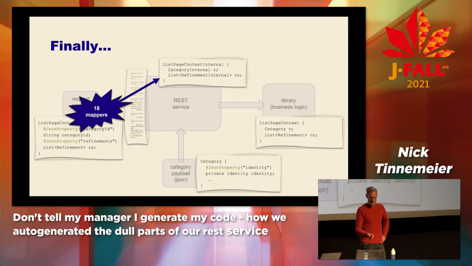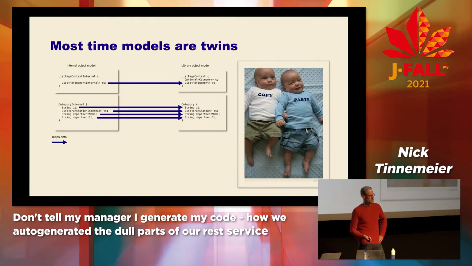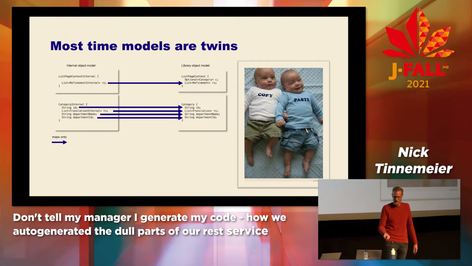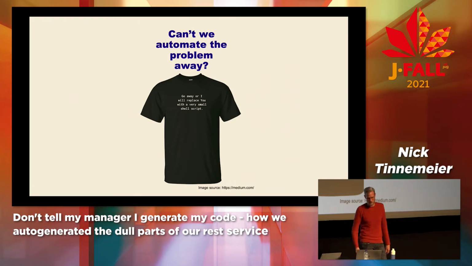So finally, in this last part, I'll tell you how we also dealt with the problem of generating those mappers, mapping from the Jackson annotated objects to the internal domain models, and from the REST service domain models to the library domain models. And we noticed that in most of the cases, the models are actually like twins. They're almost similar, having the same structure, having the same fields, and there are a few exceptions, because that's why we used different models in the first place. And that actually again made us think, hey, there should be a way to overcome this, so can't we automate